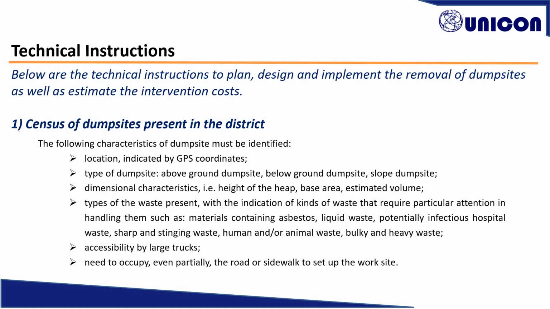The following characteristics of each dump site must be identified: the location, indicated by GPS coordinates, the type of dump site, so if the dump site is above ground, below ground, or if it is a slope dump site, the dimensional characteristics, for instance, the height of the heap, the base area, the estimated volume,